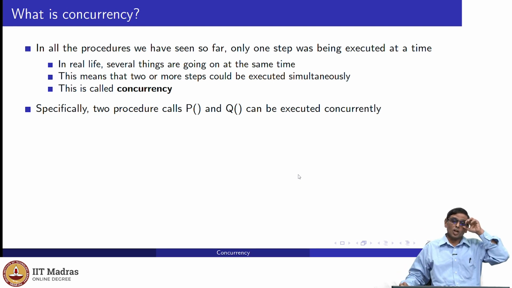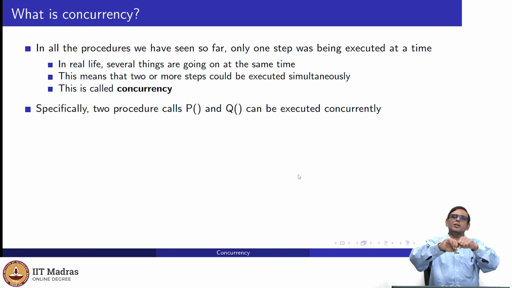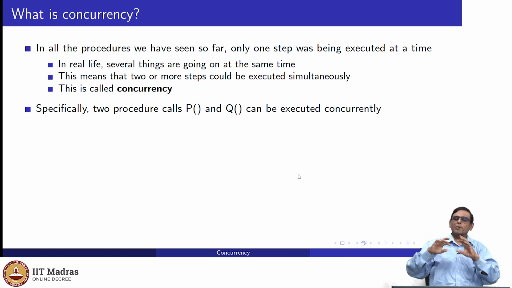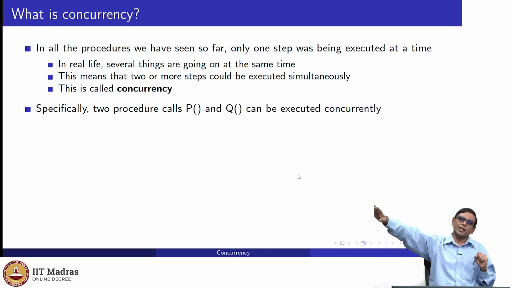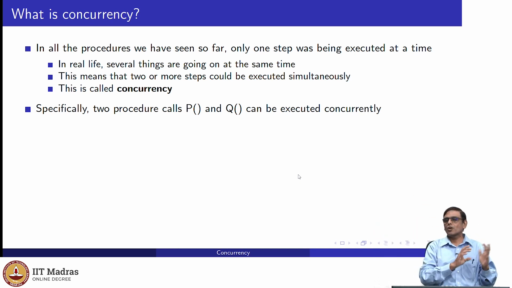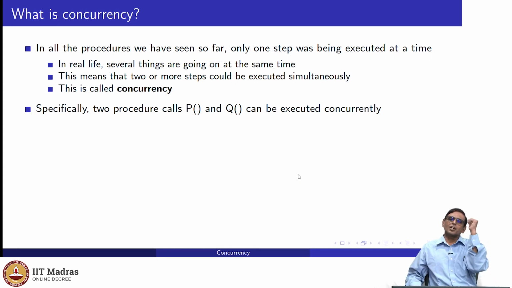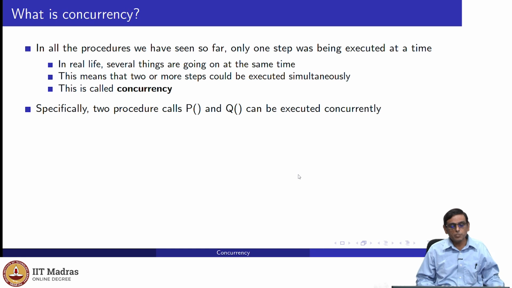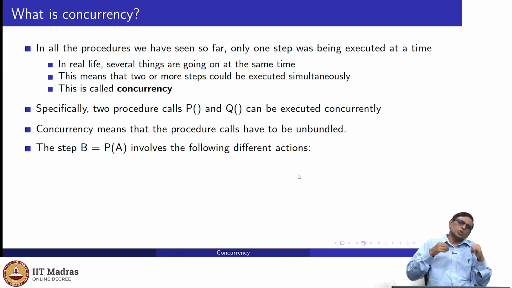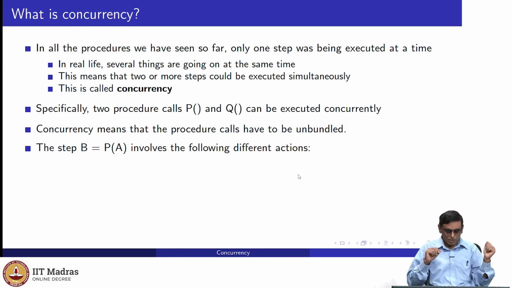To start with, this is not possible in the way we have written things currently, because when the caller calls the procedure P and passes some parameter to it, P executes, finishes and comes back. Meanwhile the caller is waiting. The one who called P is just waiting, and when P finishes its computation it returns a value back to the caller, and only then does the caller continue. So somehow we must allow the caller to start P, or call P, and then not wait, and do something else. It means that we have to unbundle this procedure call. A procedure call is doing too many things right now, so we have to break it into its components.